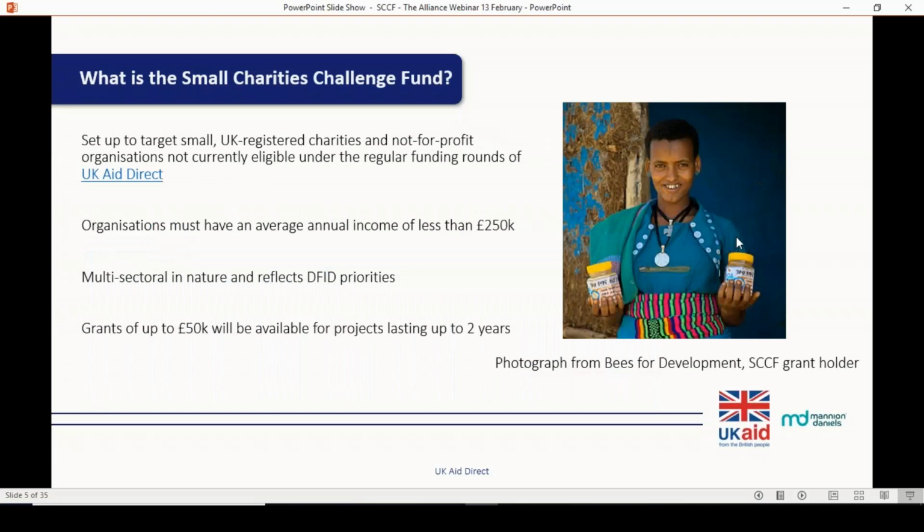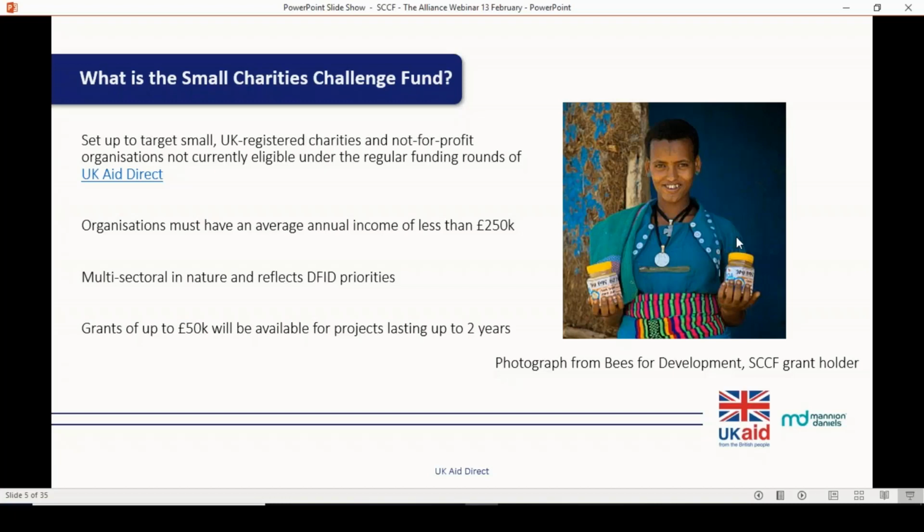It was set up to target small British grassroots organisations with an average income of less than £250,000. Again, it's multi-sectoral in nature and is designed to reflect DFID's priorities, and I'll come on to those in a little bit. These grants are for up to £50,000 for projects lasting up to 2 years.